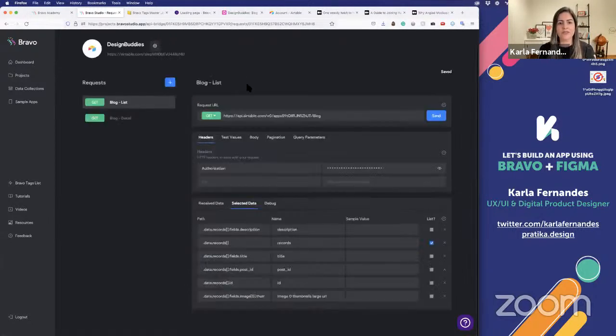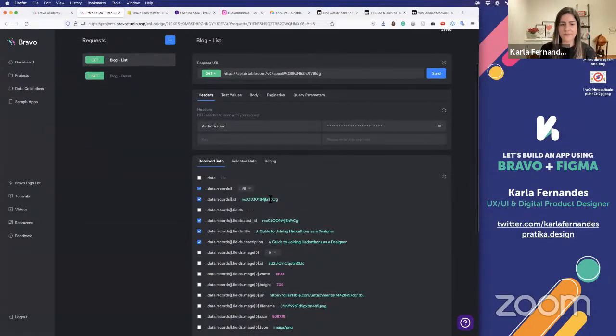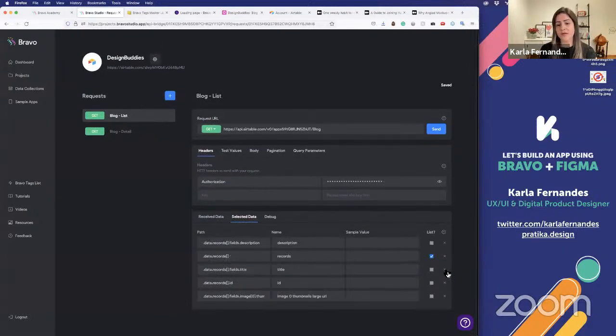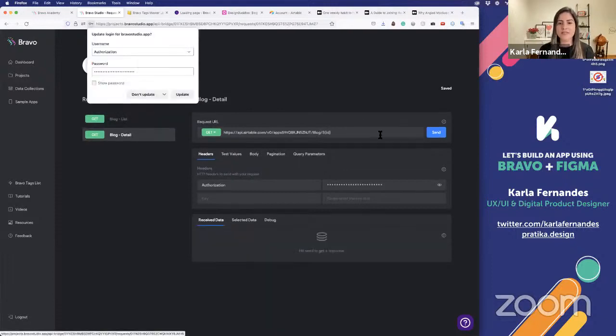Then you see another thing. When you go to selected data, we have the description, all the records, the title, the post ID, and the ID. The post ID and the ID are the same thing. You can see here, they are the same. So you can remove the post ID, for example, or the other one. It works both ways. And then you have the image. Here in the image, I like to keep it as simple as possible. Since it's a variable, I like my variables to be simple, but that's up to you. So I just have the image, the title, the description, all the records, and the ID. And for the detail page,